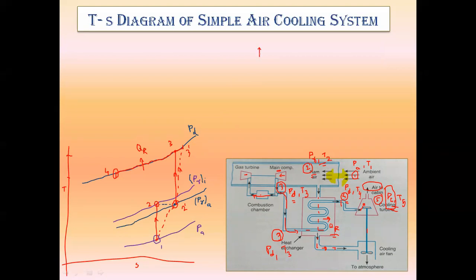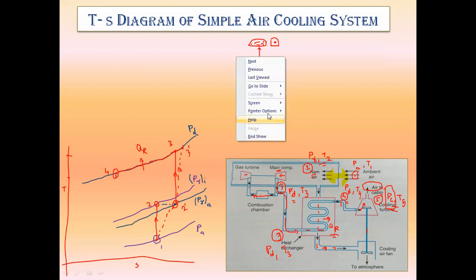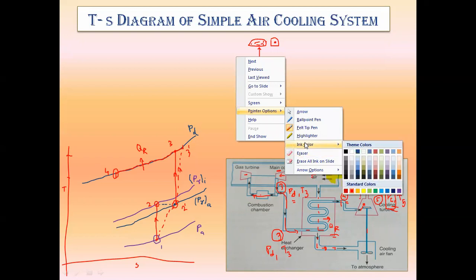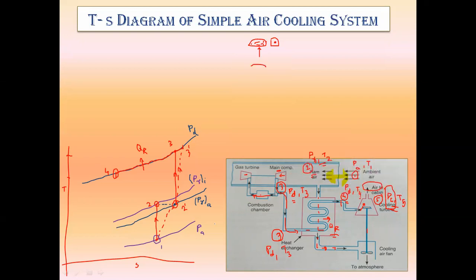At higher altitude from the Earth's surface, the pressure of the surroundings goes on decreasing. So whatever aeroplane will be there, inside the aeroplane we have to maintain the pressure nearly equal to atmospheric pressure. And whatever surrounding pressure will be there, that is ambient pressure, that ambient pressure will have a lower value as compared to the cabin pressure. So one more pressure line I need to draw on this TS diagram. That pressure line is nothing but the cabin pressure line, and the value of cabin pressure will be greater than ambient pressure and lower than ram pressure.